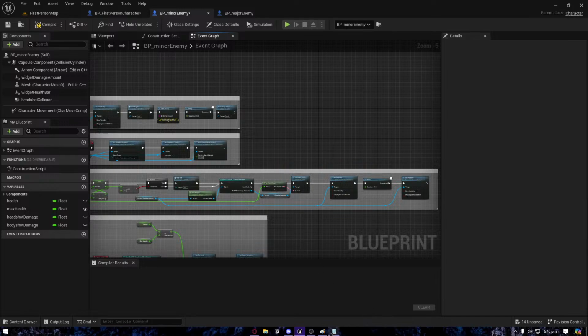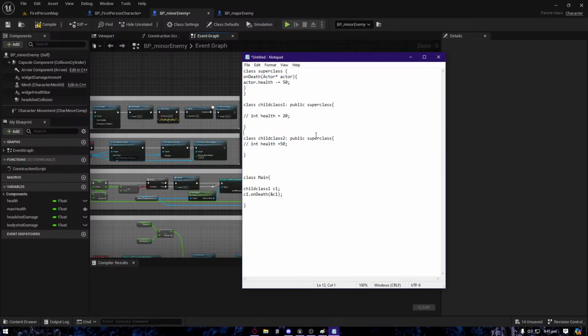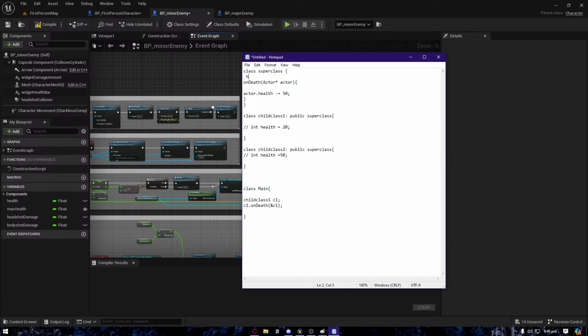But in all honesty, I think I did figure something out while I was explaining this. So since I am inheriting this class in both of these, and they both have health, instead of accessing health like this, what I can do is define health right here. So I'm going to int health equals whatever,